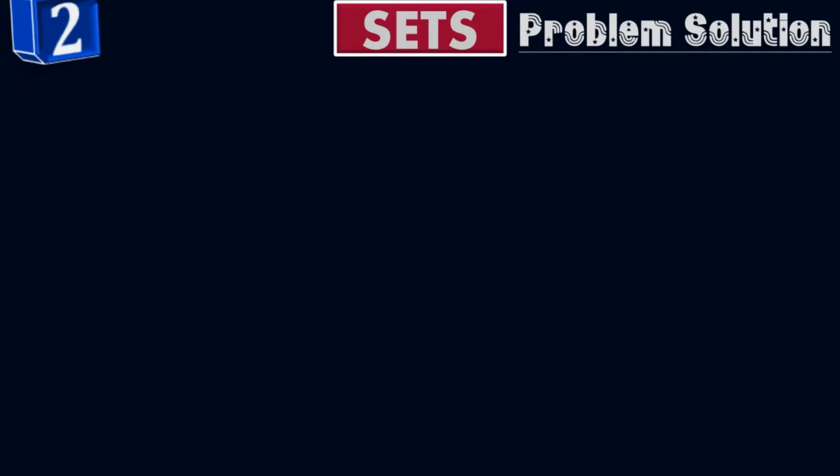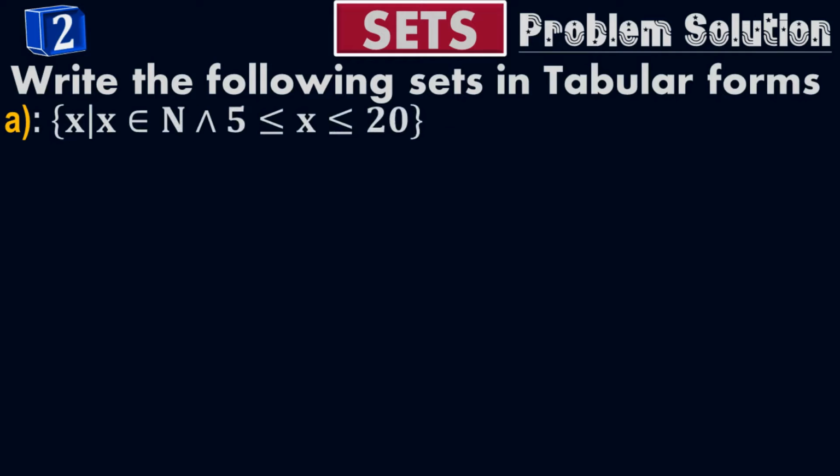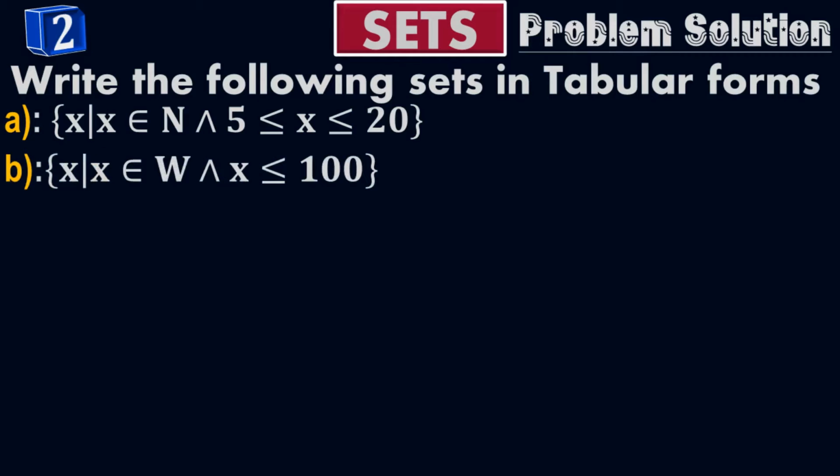Problem number 2. Write the following sets in tabular form. Part A, which is the set of all x such that x belongs to N and x is greater than or equal to 5 and less than or equal to 20. Part B, which is the set of all x such that x belongs to whole numbers and x is less than or equal to